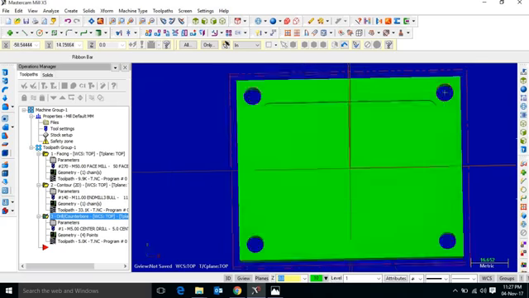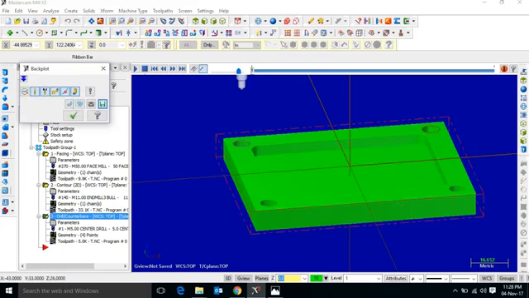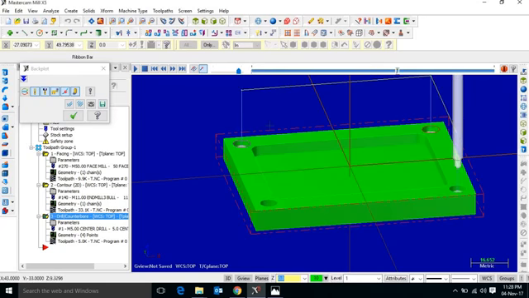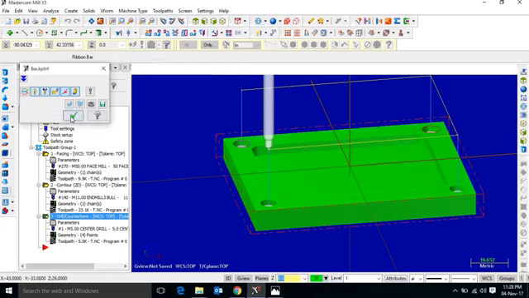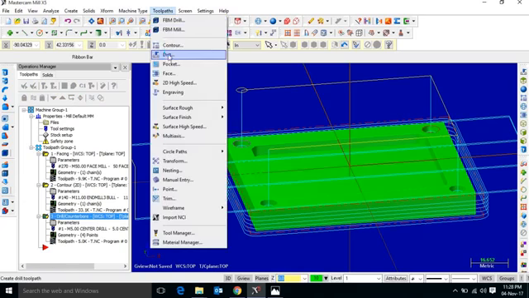Okay, so we can see the drilling operation by using the backplot method. First drill 2 mm depth, second 2 mm depth, third one 2 mm depth and fourth one 2 mm depth. Click on OK. Again go to the toolpath, drilling,